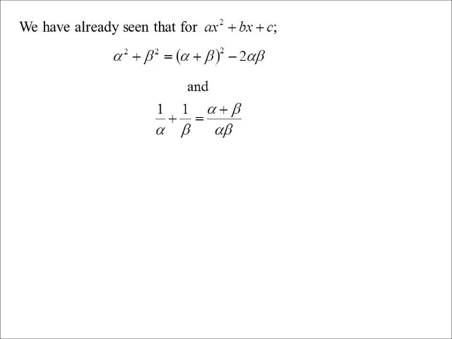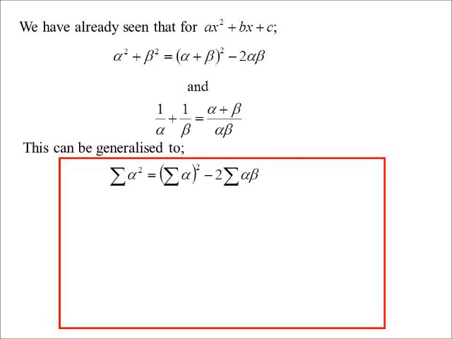So to generalise, doesn't matter how many roots we've got, sum of the roots 1 at a time squared will be the sum of the roots 1 at a time all squared minus 2 times the sum of the roots 2 at a time. It's very hard to generalise the reciprocal one, because if it's a quadratic, then it'll be